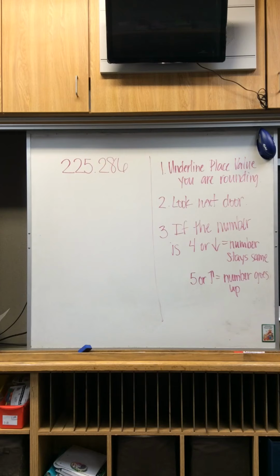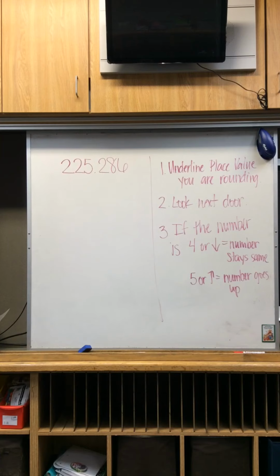Okay, so we decided that our procedure would be: number 1, you underline the place value you are rounding. Number 2, look next door at the number to the right. Number 3, if that number is 4 or below, the rounded number stays the same. If it's 5 or above, the number goes up. Okay, so let's practice with number 2, which is